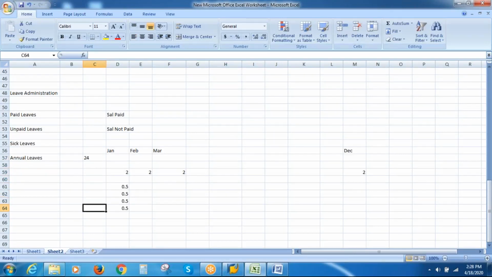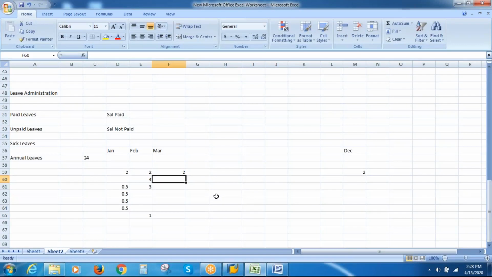So this is all about leave administration. And then whenever an employee books this variety of leave called annual leave, those number of days will be deducted from this quota. Let's say in the month of Feb, the employee has booked 3 leaves. Then 3 leaves will be deducted from this quota. So the quota balance in the month of Feb will be 4, and from 4, 3 days are deducted. So the quota balance is 1 day.